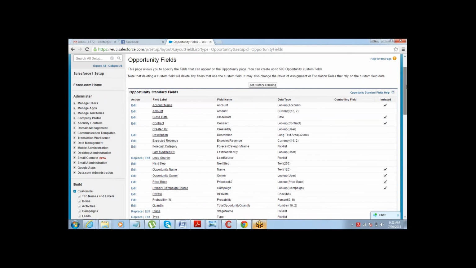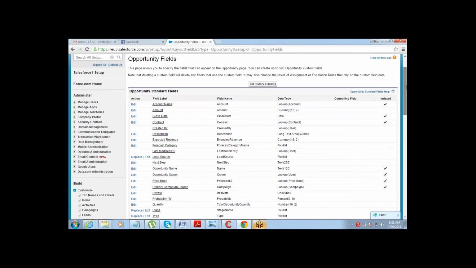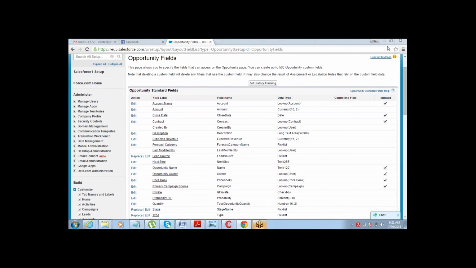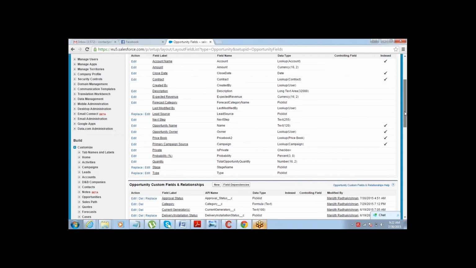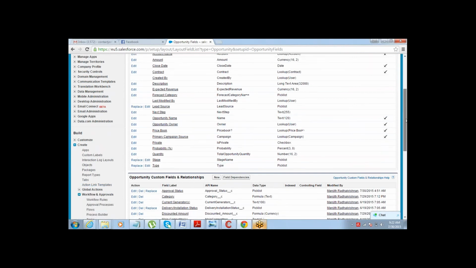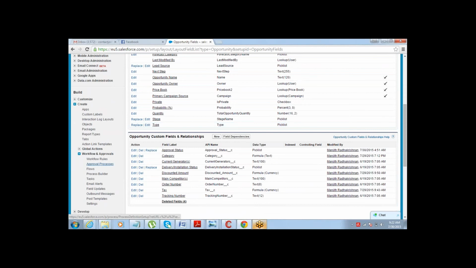All right. We just go to setup, create workflow and approvals, and then we can go to approval process.